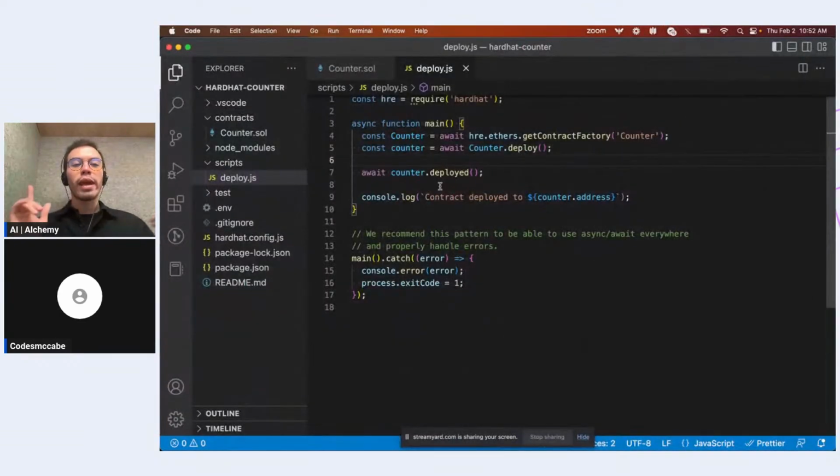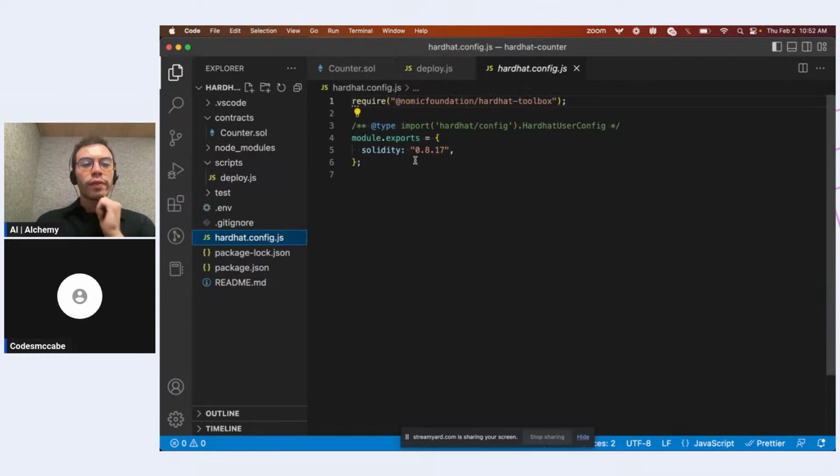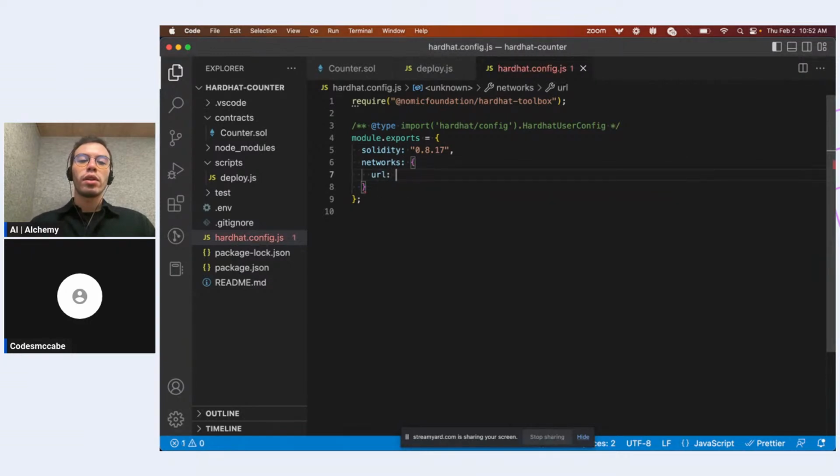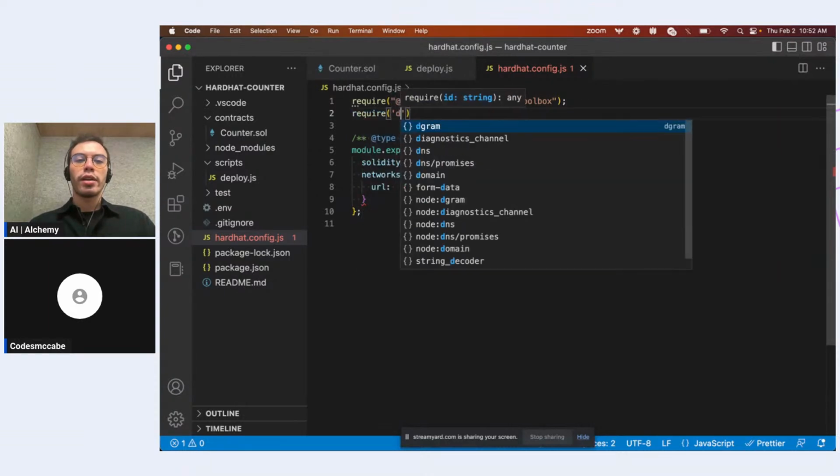We now have everything. We have a private key loaded up. We have an Alchemy API key. Let's deploy this to the Goerli test network. So let's do hardhat.config. What you should do here is, besides a Solidity count, you want to do a networks flag. So you want to do networks like that and do URL and here require